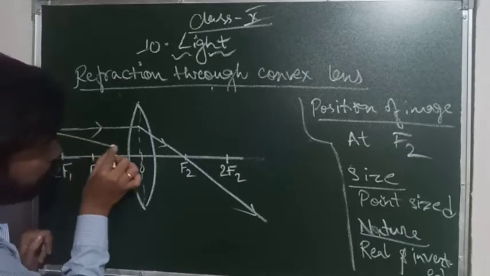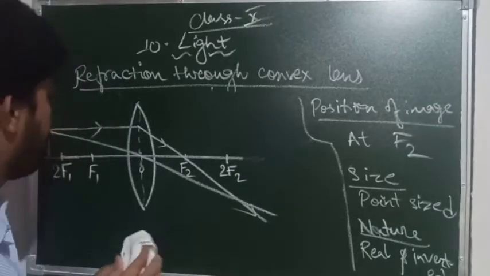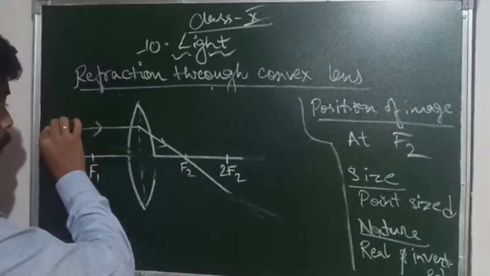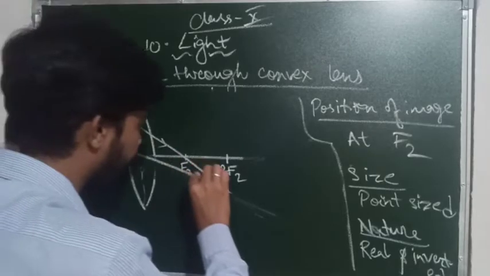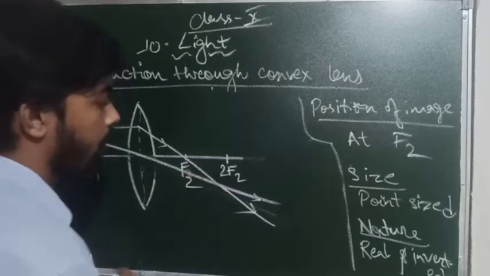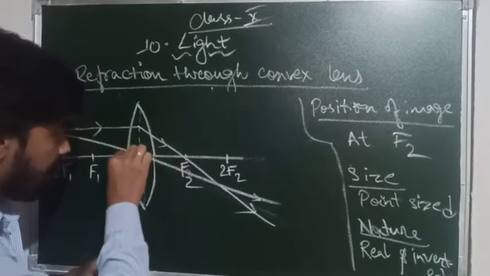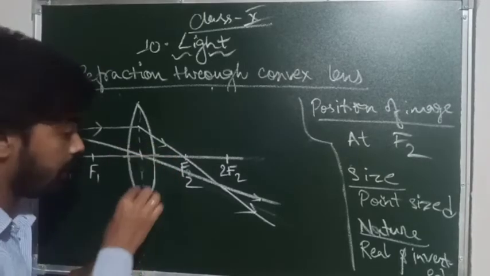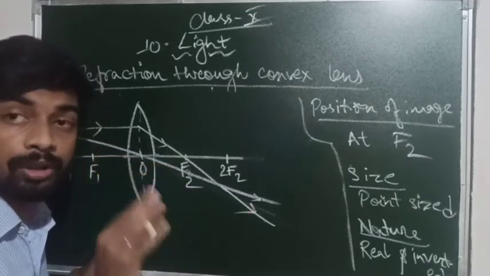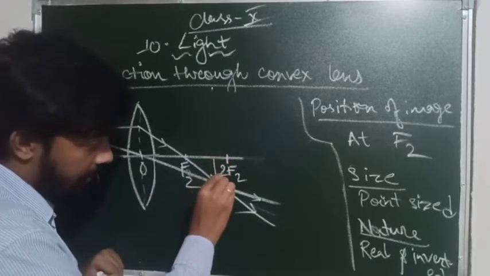Because in the last video you might remember I have told my line is bent a little bit. That's why we should be using scale. In the last video I told you any light passing through the optical center passes through the lens without any refraction, means goes straight through the lens. Sorry, not mirror, lens, my mistake. So here the image is formed at this place.